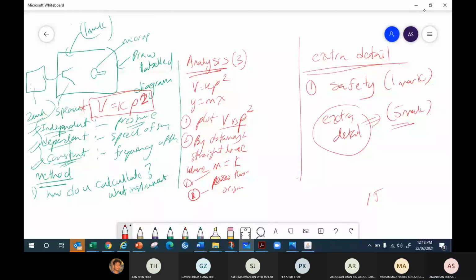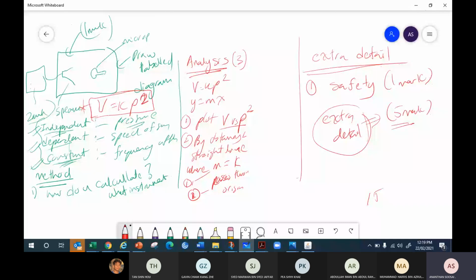Clarity means what? For example, in this case, speed, how speed is affected by the pressure of the gas. So a student said measure the pressure by using a Bourdon gauge. Okay. Another student said measure the pressure by using a Bourdon gauge and make sure the Bourdon gauge doesn't have zero error. The zero error tells, right? Zero error. I got extra detail.